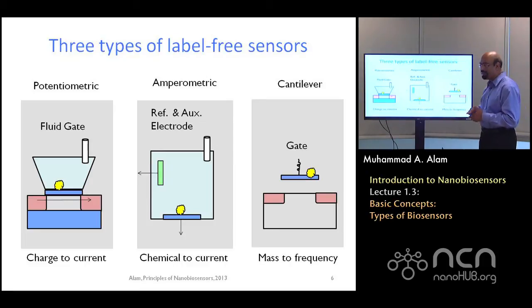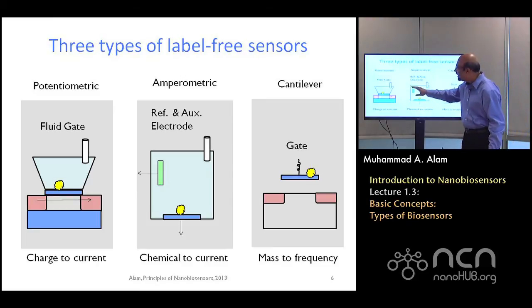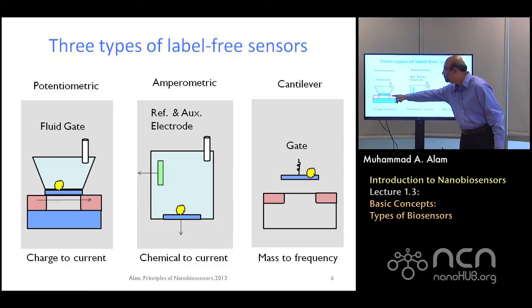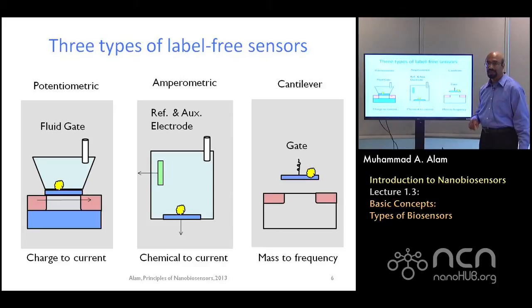The change in the frequency can be an indicator of the mass, and the enhanced mass certainly is coming from the capture of the biomolecules. So these are the three types of sensors we'll be discussing in this course. All three, you see, use an intrinsic property of the biomolecule: charge, electron affinity, and mass, and don't use a secondary label in order to